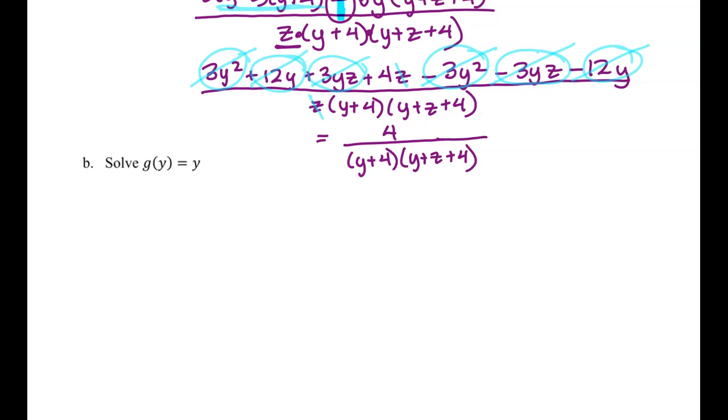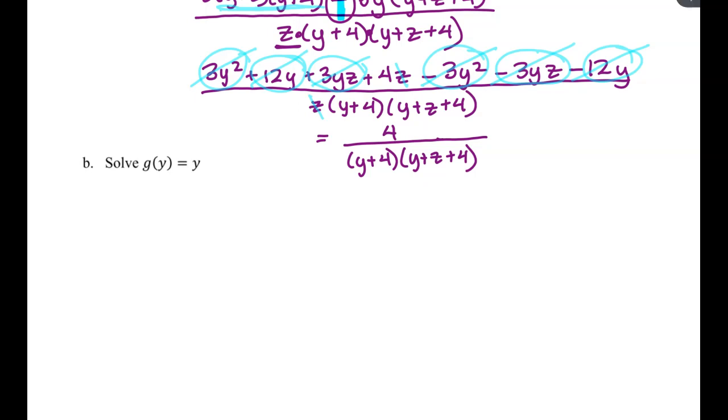Okay, this one's getting long, I know, but hopefully this isn't too tricky to watch through. This is supposed to be mostly review and maybe a little bit messier than what you saw in Pre-Calc 1. Last part here says solve g of y equals y. And for whatever reason, people will hit this one and just really get a mental block on what it's even